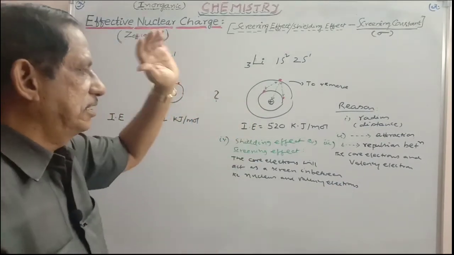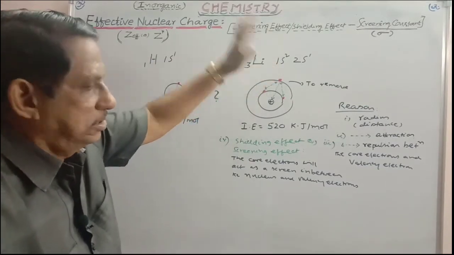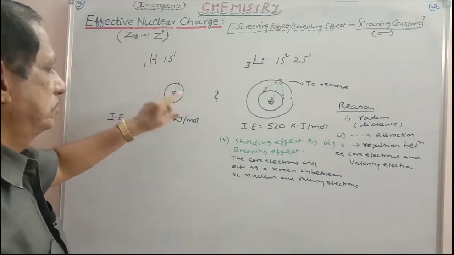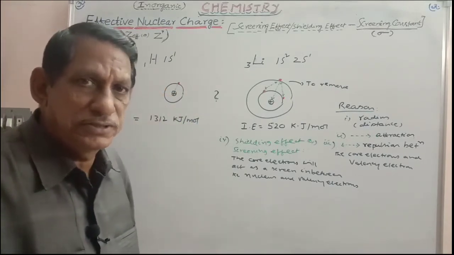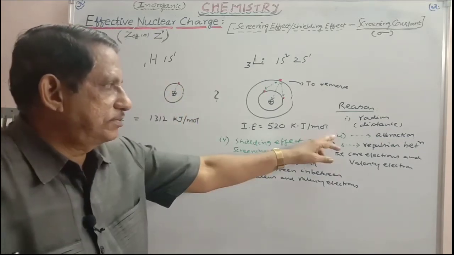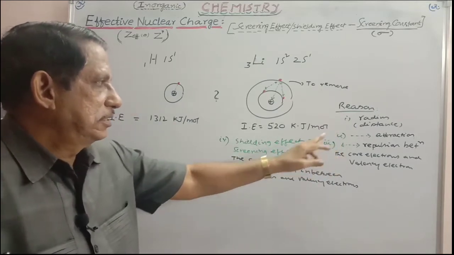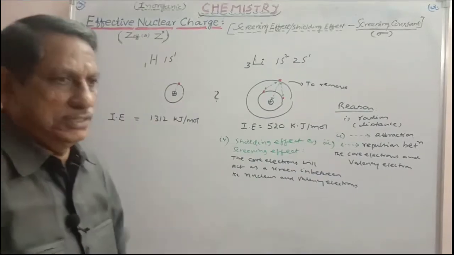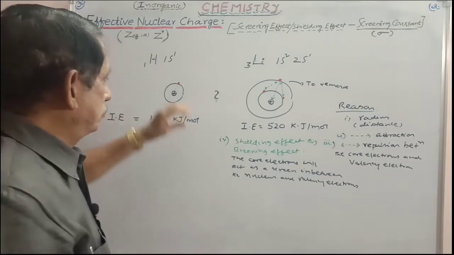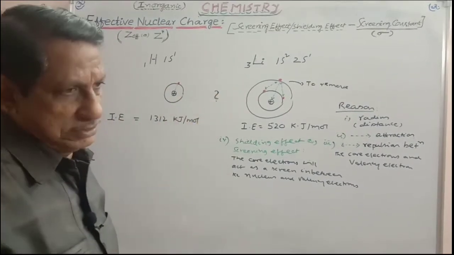So due to this shielding effect or screening effect, the attraction between the nucleus and the electron is decreased. Here in hydrogen, there is no screening effect. Right? In this case, there are no electronic repulsions. So these are absent. Third is absent, fourth is absent. Attraction is there. Only attraction is operating. The remaining negative factors are absent. As a result, here the attraction becomes more influential, and so to release that electron, more energy is supplied.